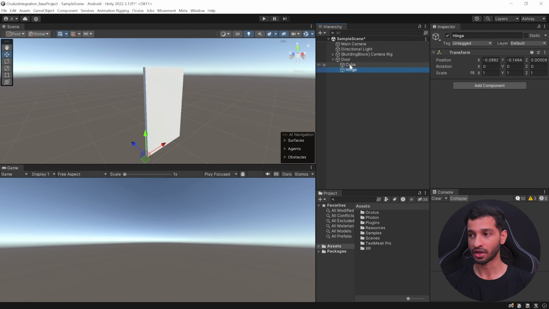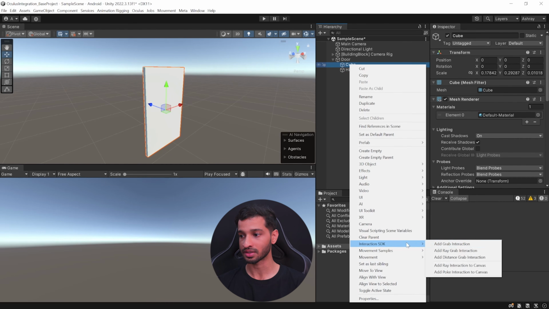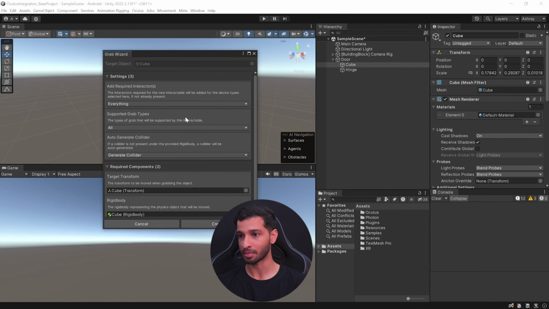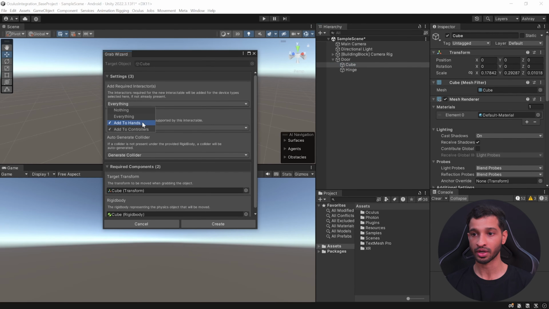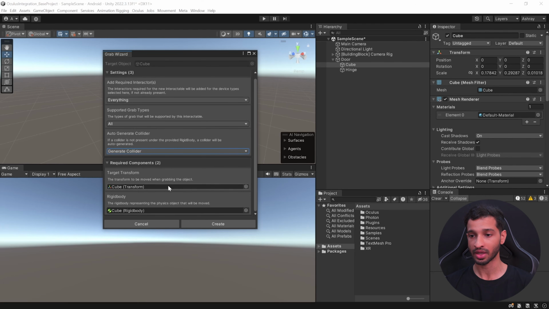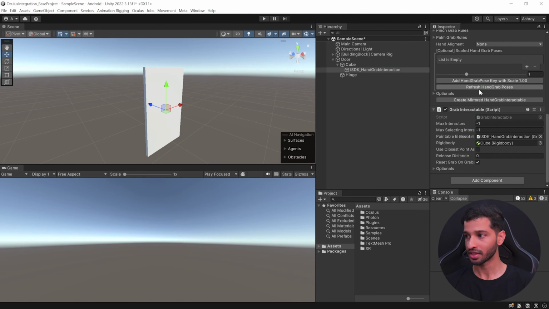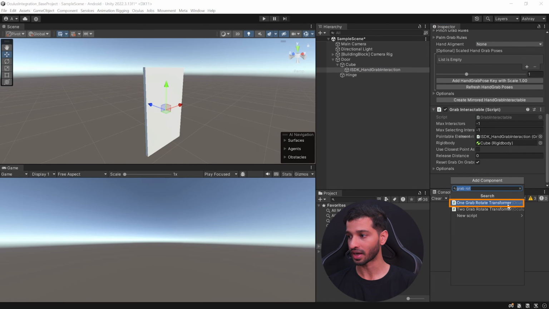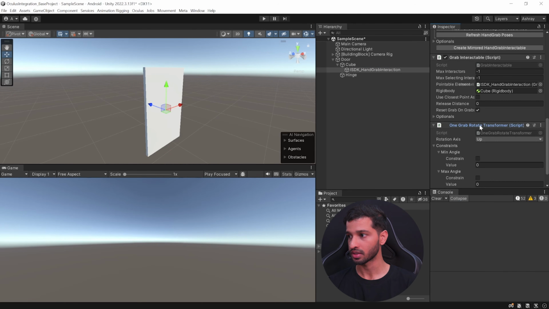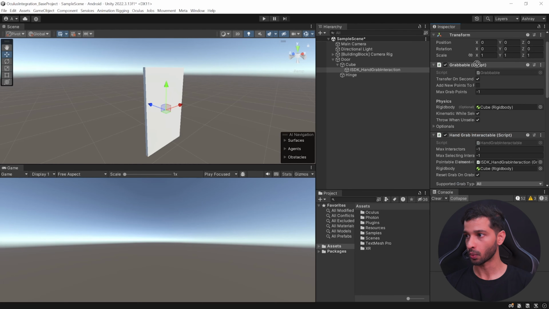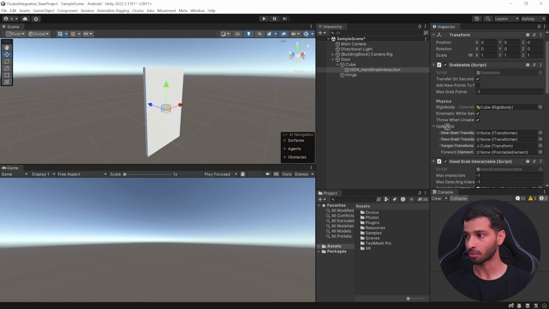Then select your interactable object, right click on it, select Interaction SDK, add grab interaction, select whether you want to interact using hands, controllers or both, select whether you want to use pinch, palm or both. You can choose to generate the collider or not to. Make sure it has a transform component and a rigid body component and click on create. Then scroll down and add the one grab rotate transformer component. Select it, drag it all the way up inside the grabbable optionals and drop it inside the one grab transformer